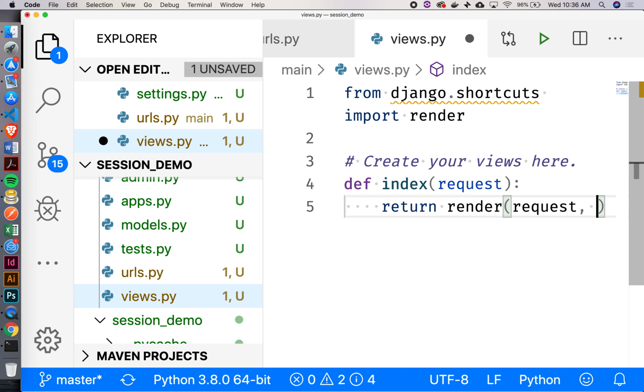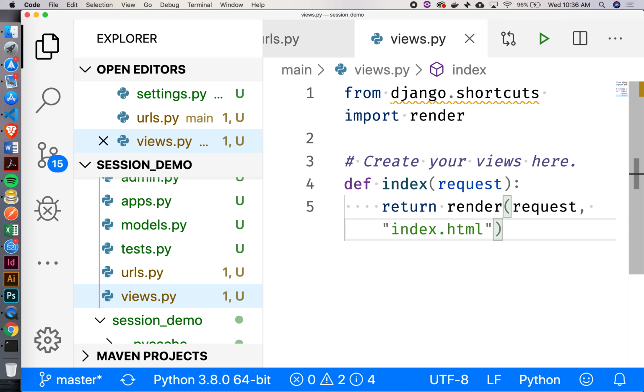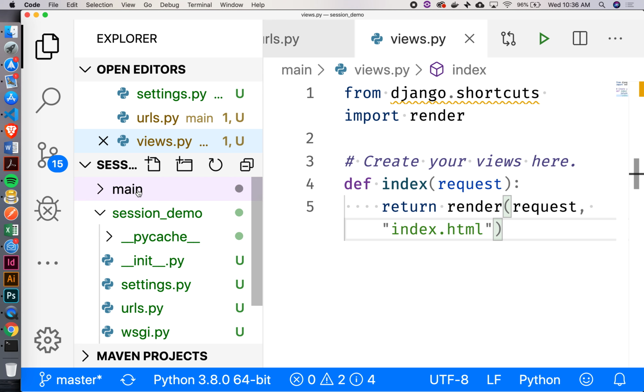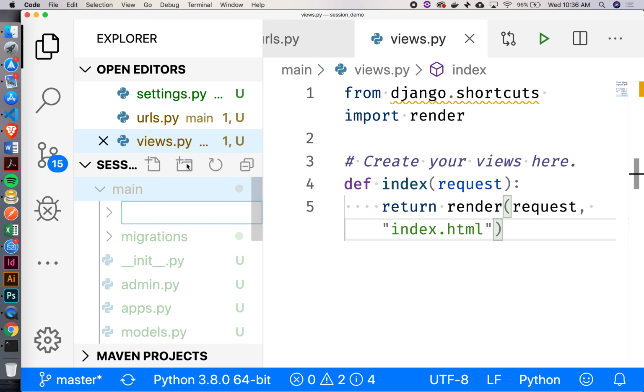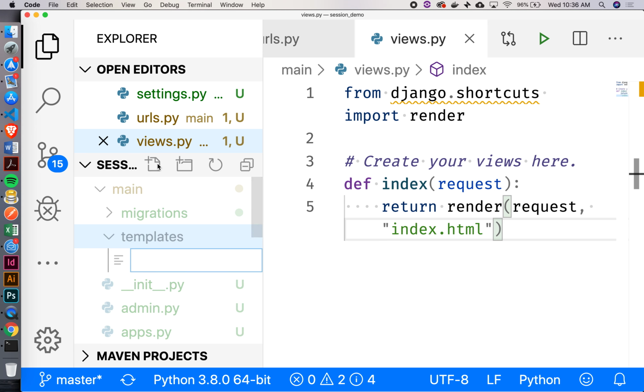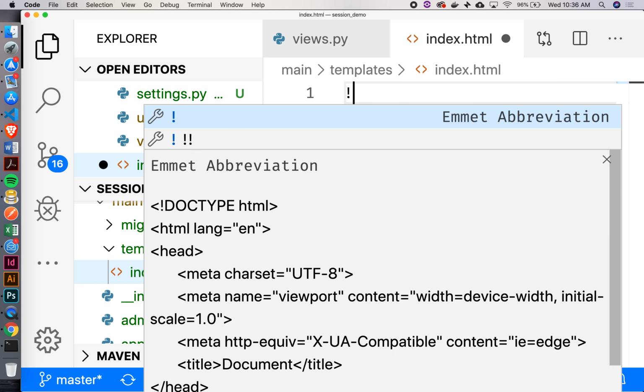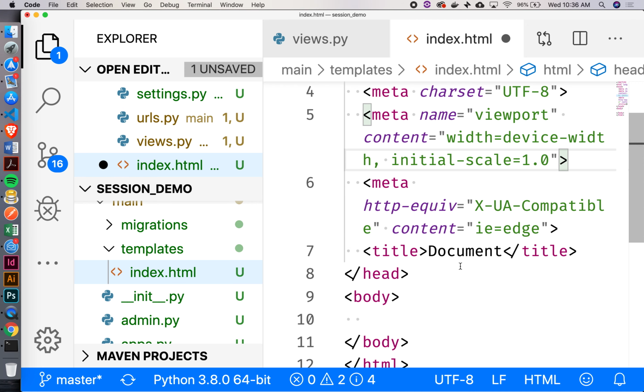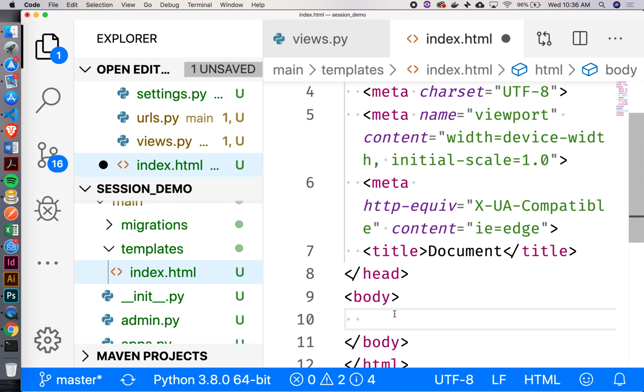The second argument is going to be the name of our template. So we'll just say this is going to be index.html. All right, I'll save that. Have we created this file yet? Not yet, so let's make it, right? I need to create inside my main folder a templates directory. And then inside that templates directory, let's just create this index.html. Okay, I'll put in some boilerplate here. Very nice. And then let's just see if we can get this guy working. So if we say hello,